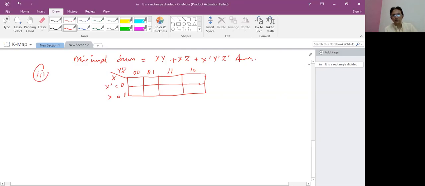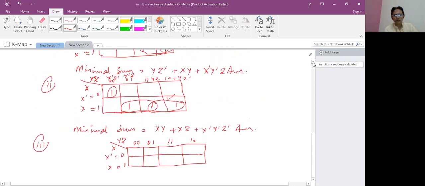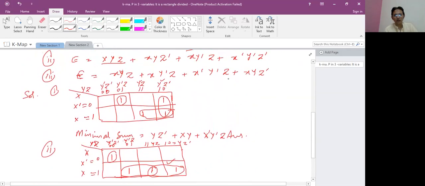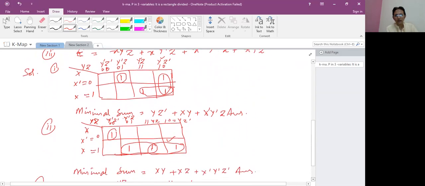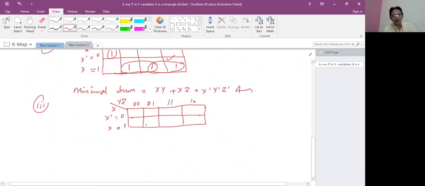So when we consider the third part of the Boolean expression, if we write here x, y, z, the first term is x, z, and y complement. X, y, z, it means this one because both are similar, y, z, so x, y, z. Here y is similar but z complement. It is x complement, y complement into z, and both are complementary. So the second one is x, y complement z. So it means it is 1.